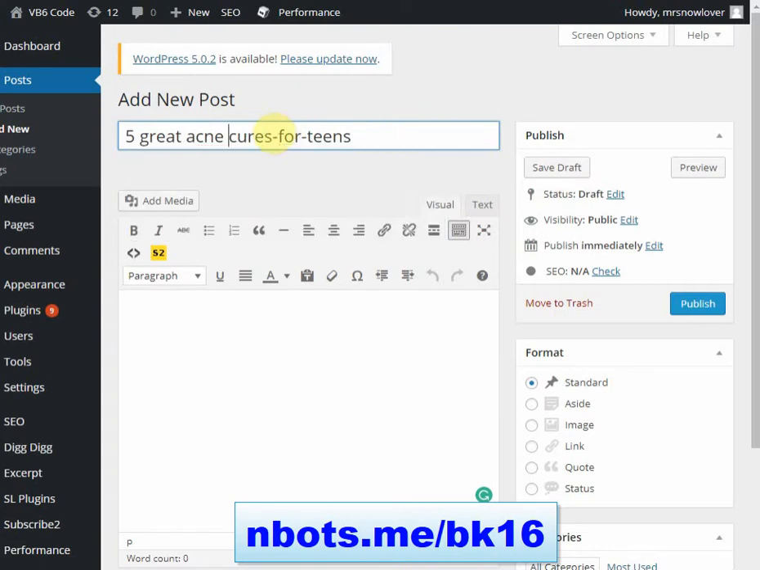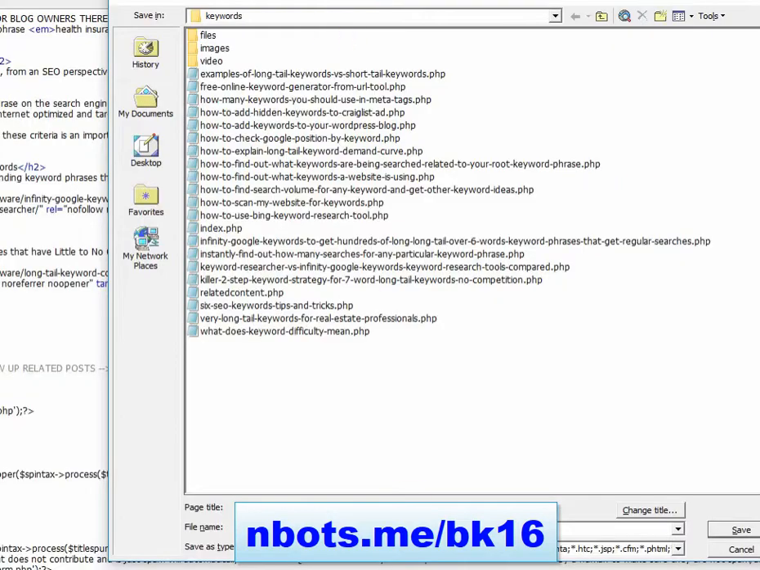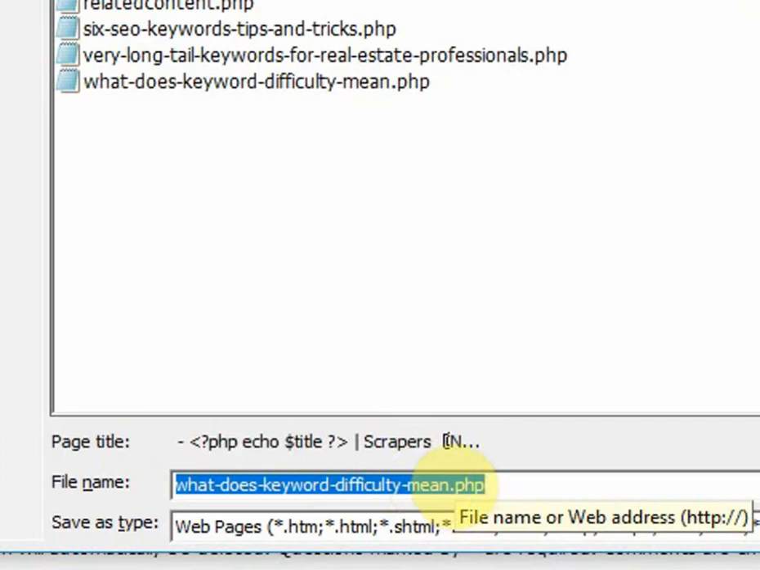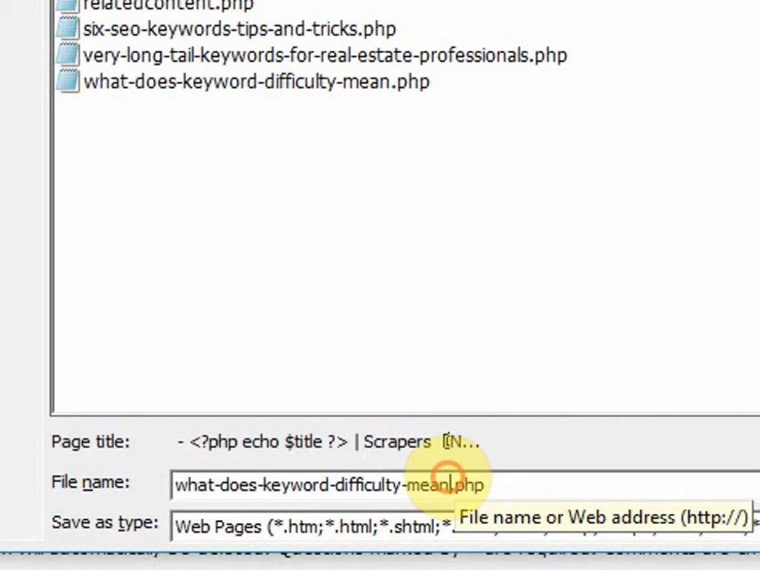If you're not using WordPress, then make sure that when you save your web page, you just save it with your main keyword phrase in mind here. In this specific example, the keyword phrase is what does keyword difficulty mean? But for the example we're using for this video, acne cure for teens, you would put that in here,